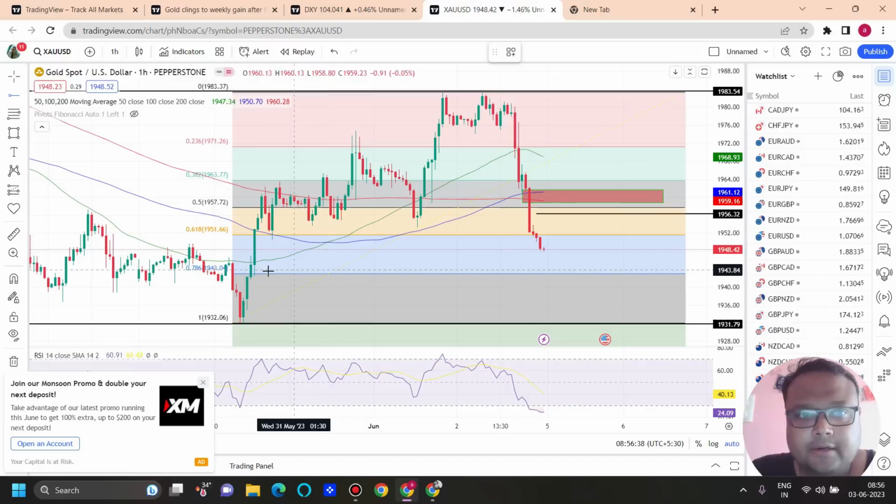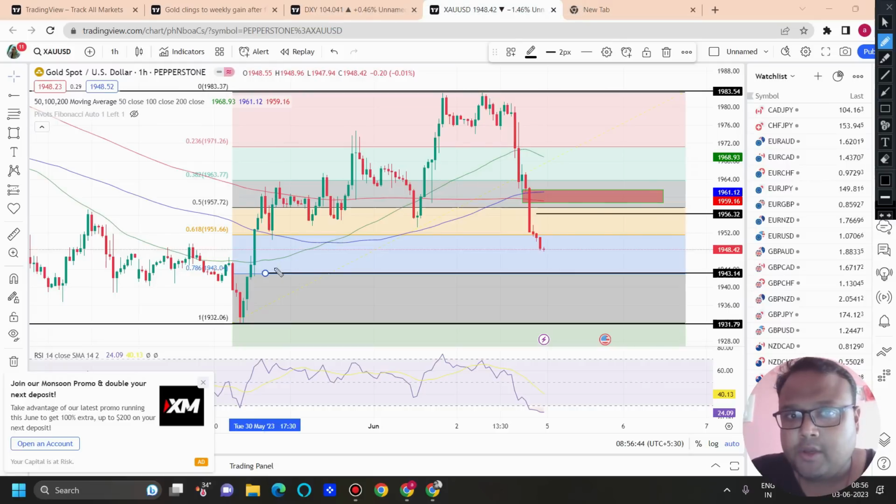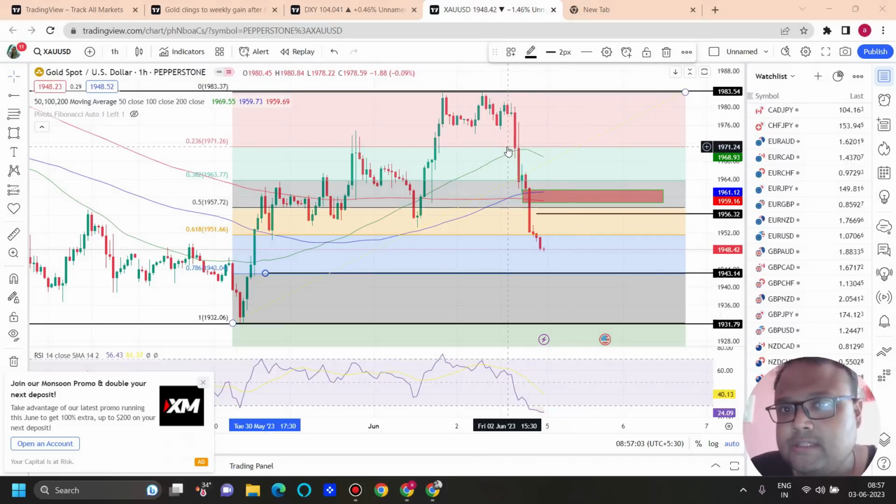You can see here that around 1942-43, around 1943 here, we have the Fibo 78.6% retracement level. Why are we considering Fibo 78.6 here? Again, this is not a temporary support. You can just expect a minor bounce, because you can see that when markets started falling, this was the level from where the market tried to bounce.